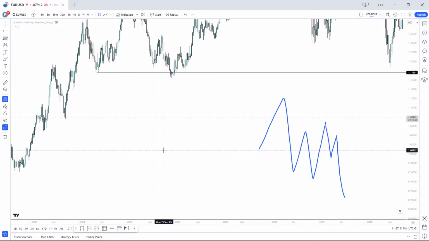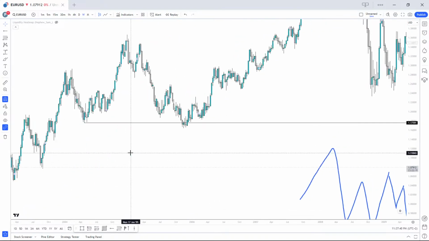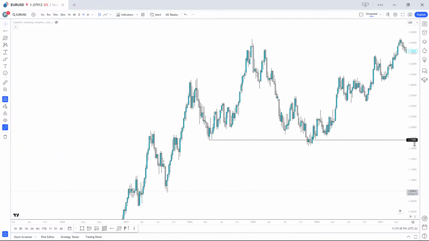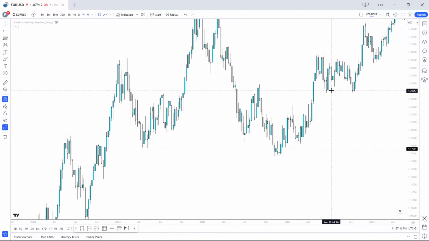But I complicated this one too much. Wait. If it goes up, yeah, because we still need to see the reaction off of it. Okay, so yeah, let's say price made